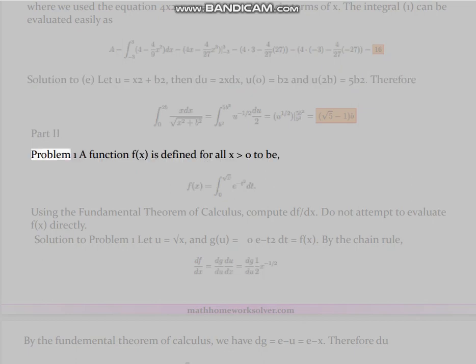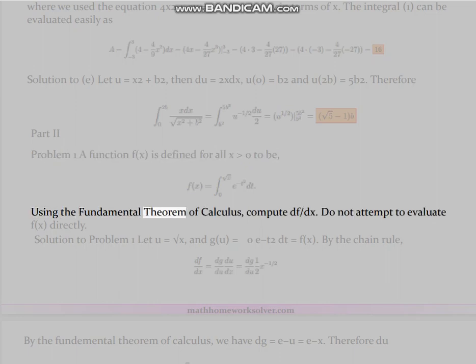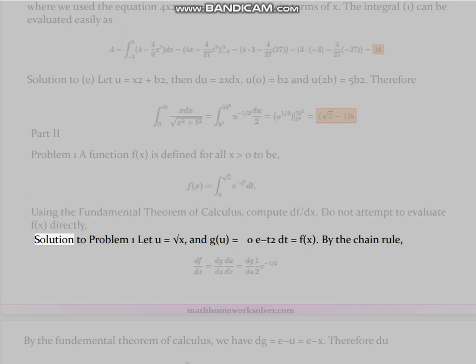Therefore, part 2, problem 1. A function f of x is defined for all x greater than 0 to be, using the fundamental theorem of calculus, compute df/dx. Do not attempt to evaluate f of x directly. Solution to problem 1. Let u equals square root of x, and g of u equals the integral from 0 to u of e to the minus t squared dt equals f of x. By the chain rule,